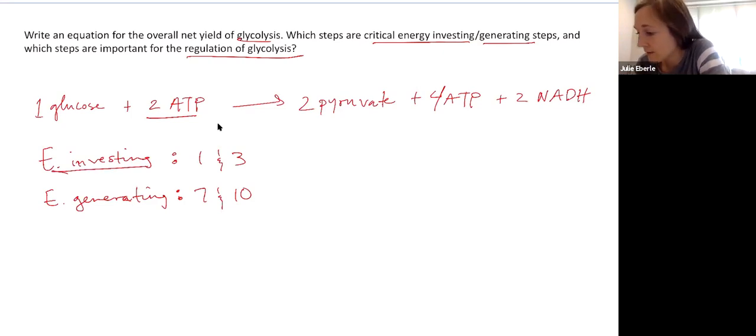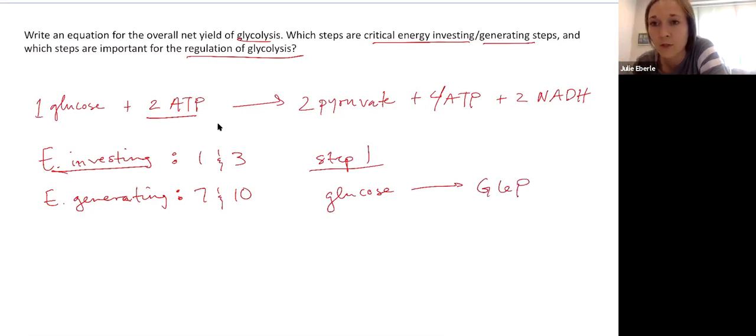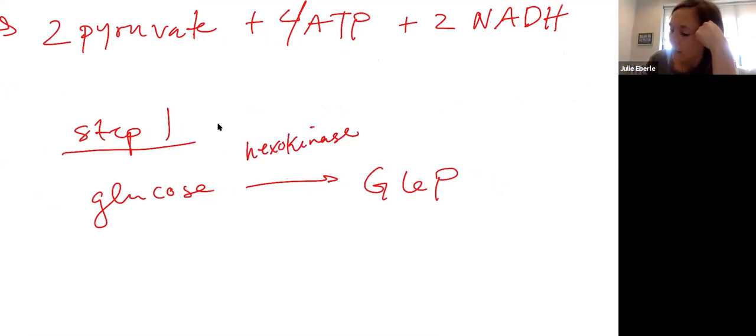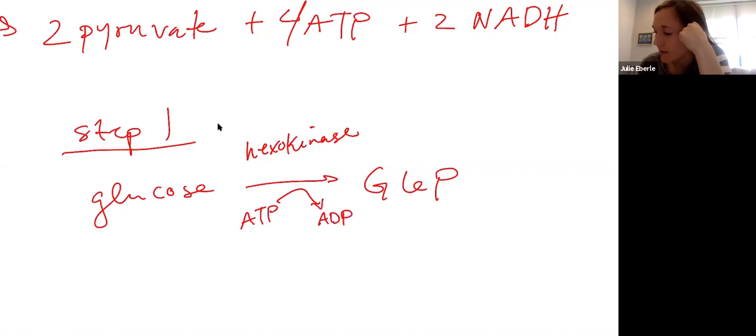So in step 1, we get glucose. And what we get out is G6P, glucose 6-phosphate. Anybody remember which enzyme runs this reaction for us? Is it hexokinase? Uh-huh. So we got hexokinase, and then we invest in ATP here. And we get an ADP. Okay. So G6P